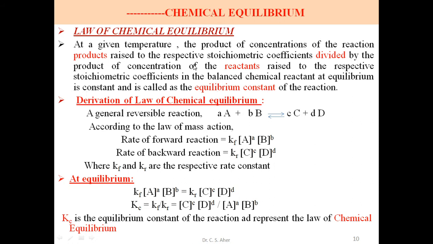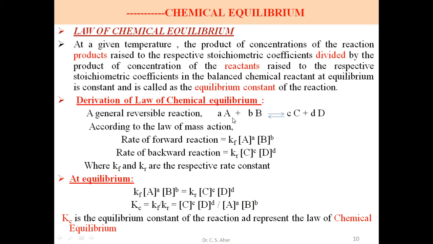So this is the theoretical definition. Now in reaction form, let us derive the law of chemical equilibrium by using this definition. We consider this reaction: a moles of reactant A plus b moles of reactant B react to form, at equilibrium, c moles of product C and d moles of product D. According to the law of mass action, see the previous one, what is the law of mass action? The rate of the forward reaction